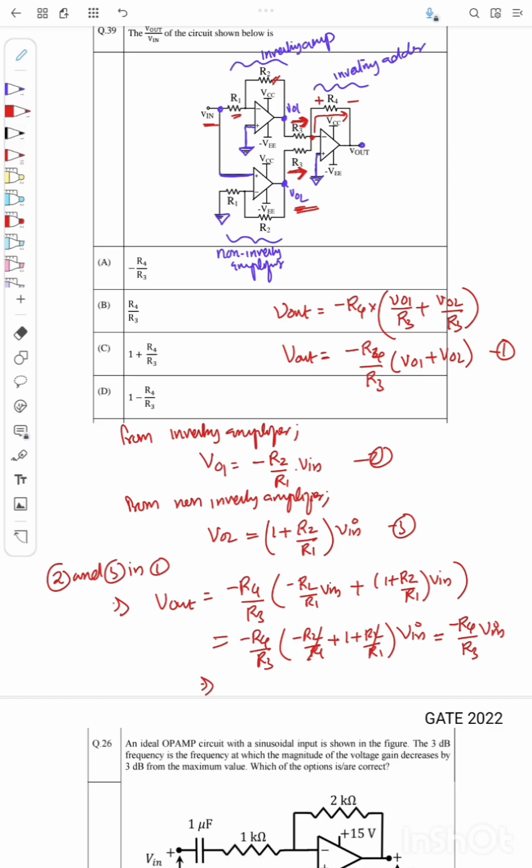So what is V out by V in? It is minus R4 by R3. So the correct answer is